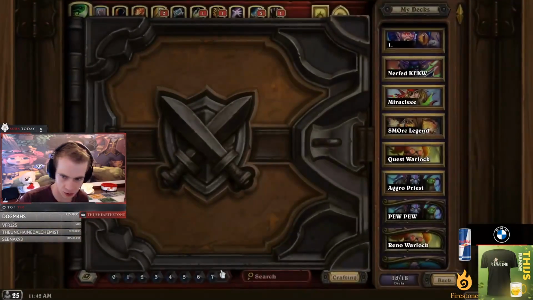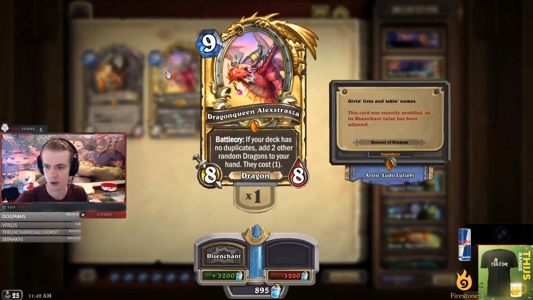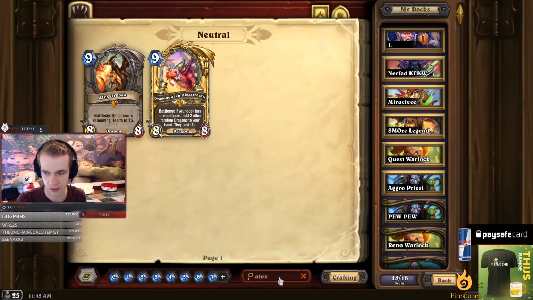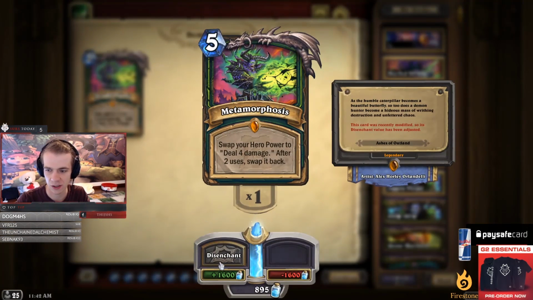So, of course, nerfs are also live, guys. For example, Alexstrasza. If you currently have an Alex, guys, he is worth 3,200 dust. Same for Meta. Make sure to disenchant your Meta, guys. You are getting a beautiful